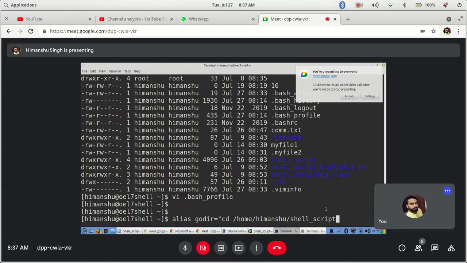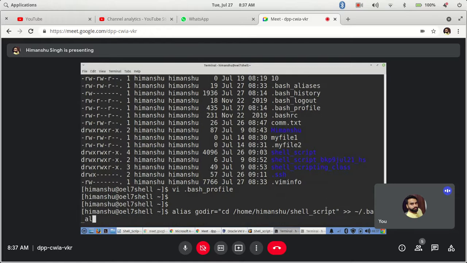So this I can do, but it will be only for this bash shell. What you can simply do, the same easy way we have learned, is redirect this alias value to your home directory's .bash_aliases, and hit enter.